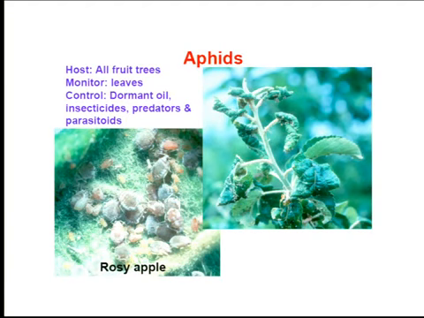Aphids. Aphids attack different crops. In the case of the crops that you're growing, they love all the crucifer plants, all your broccolis, your kales, all the cruciferous plants. And in this case, this one is attacking apples. It's called the rosy apple aphid, and you can see that it rolls the leaves. So you could think from far away that it's a roller, but when you get close, you'll see all these aphids. And these aphids, you can see there, are reproducing, and many times are protected by whom?